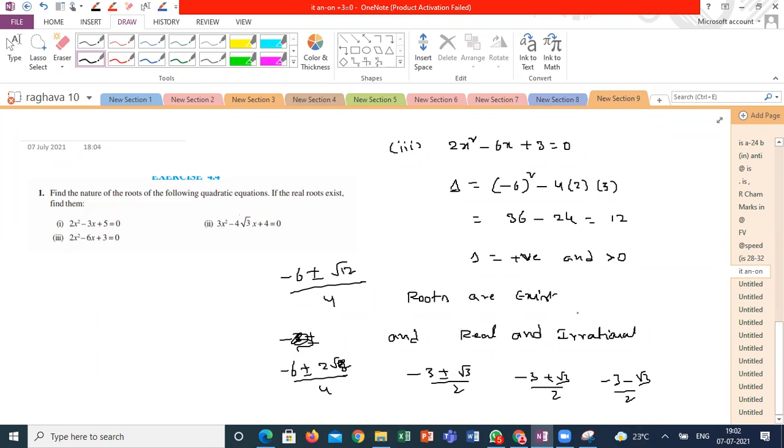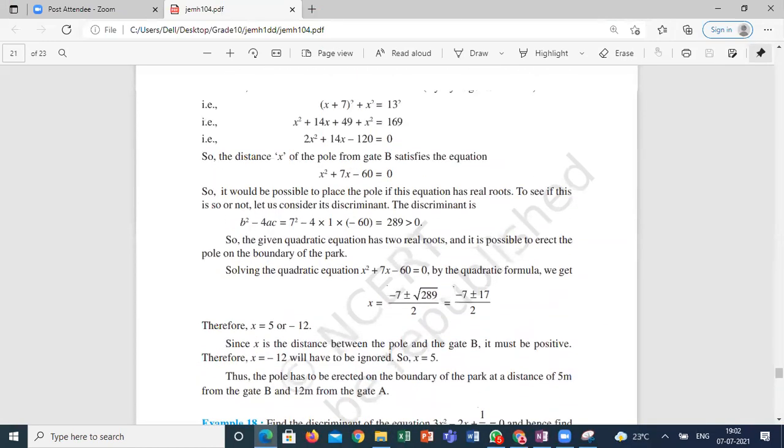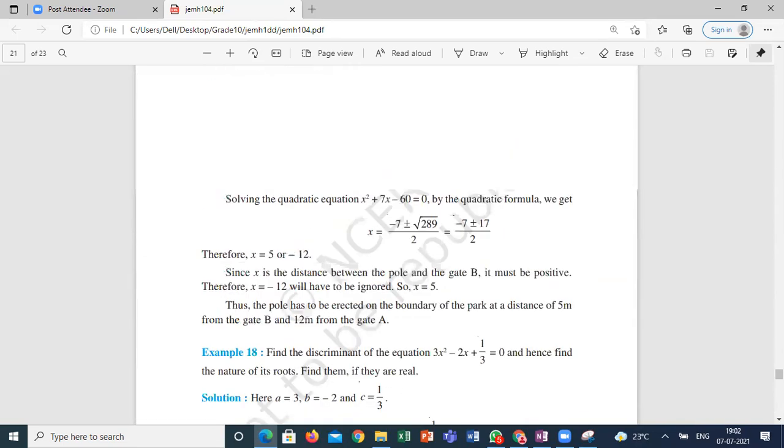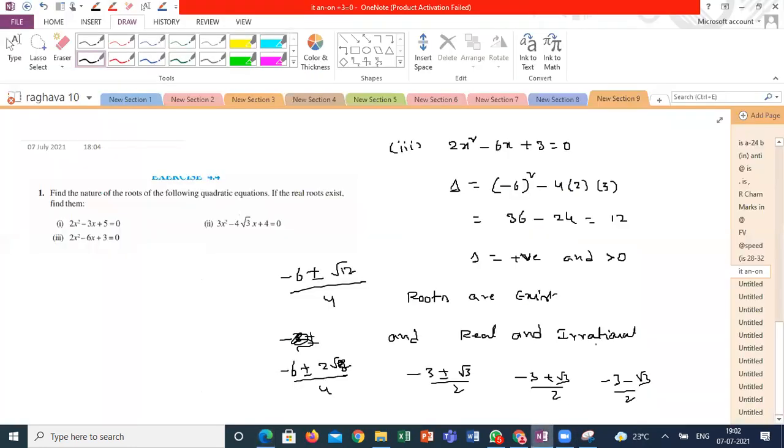If you are confused about how to mention rational or irrational, just mention it's real roots. That's it. Because according to our textbook, there are only 3 cases they mentioned: whether it is real, or real and equal, or no real roots. That's only the nature of the roots they are explaining here. But in a little more elaborate way, real rational or real irrational, based on perfect square or not, that's your wish. Is it clear, guys?